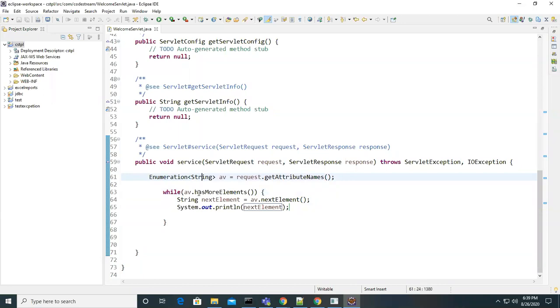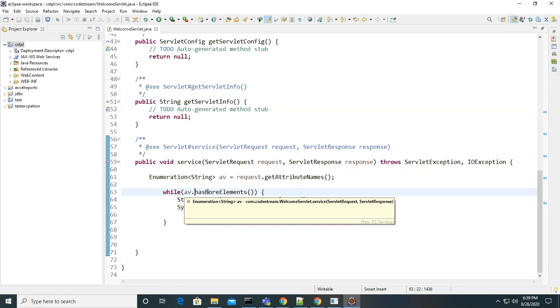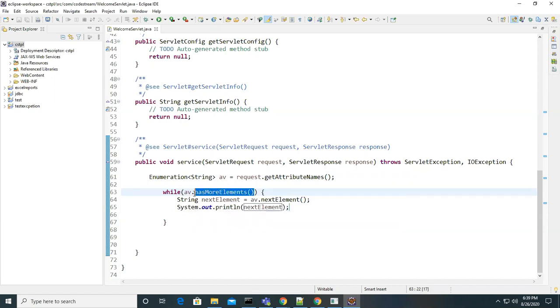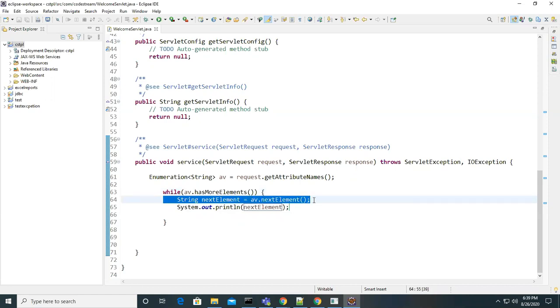Before displaying, I'm checking hasMoreElements. If the elements are there, it will return true, then it will enter the while loop. Then I'm calling the nextElement method, it will hold the value, and I display it.